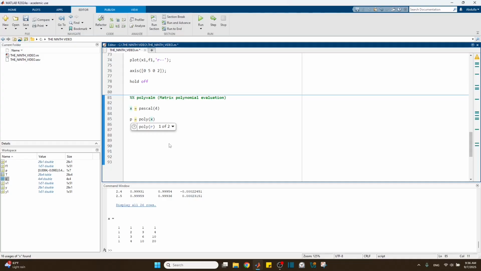And it's almost the same, as I said: polyvalm and polyval, just polyvalm can work with a matrix instead of points. Okay, so now y will be equal to polyvalm, where b is the polyfit that I did, and x,